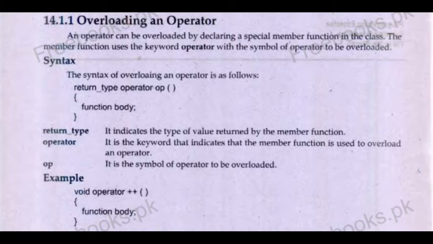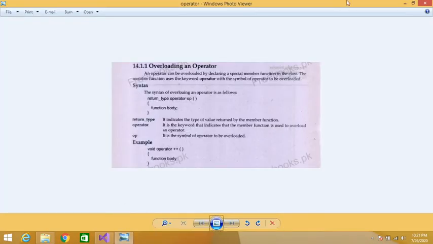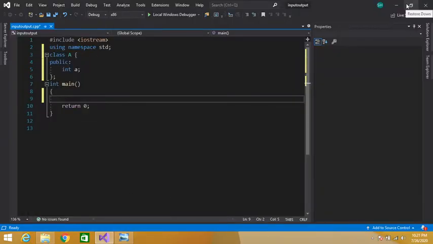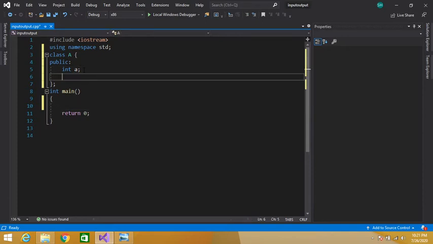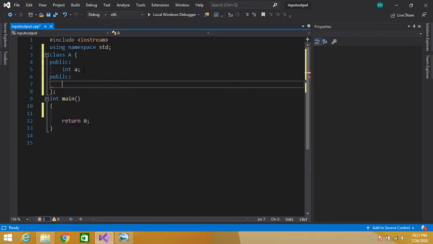Okay guys, let's take an example to overload the increment operator. Here we have a class A, and let's define public, the constructor of this class.